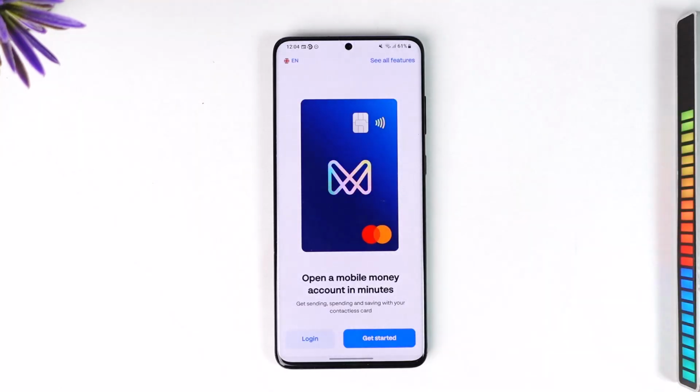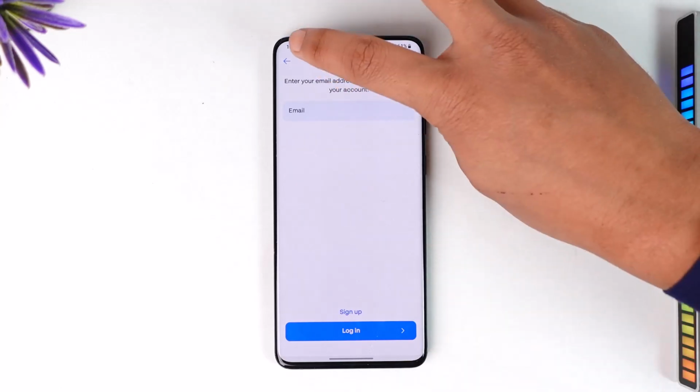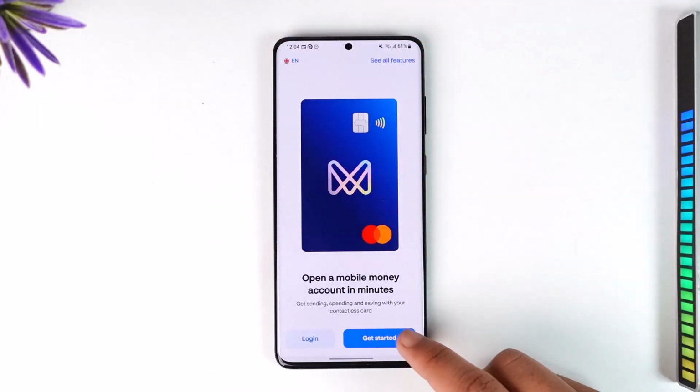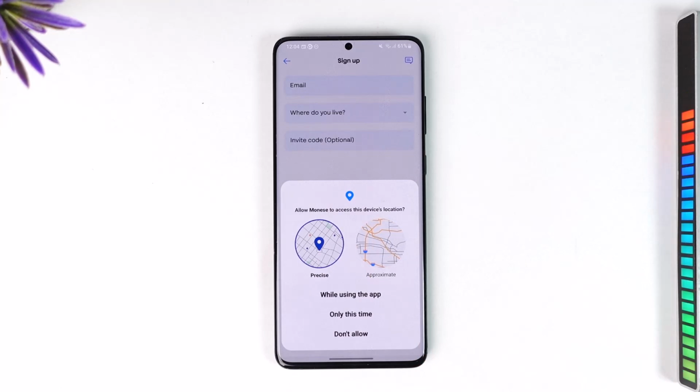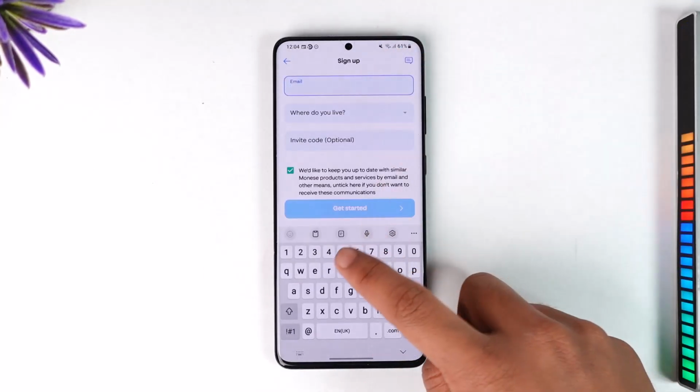Once you launch the Monese app, if you already have an account, by the way, you can directly tap the login option here in order to log in to your Monese account. But if you don't have an account, you can directly tap the get started option here as well. You can allow the app to access your location, and then from here on just make sure to enter the